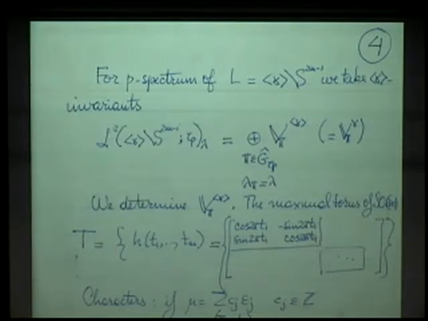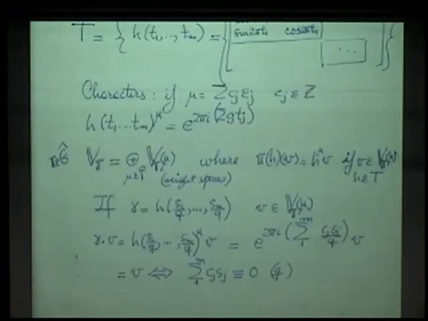So we take the maximal torus of SO(2m). It looks like matrices of this type, the block matrices with... this is a maximal torus, contained in G. And then we have the characters mu. And then the action looks like that. If we take one element like that, h to the mu, and mu looks like that, then the character is just e^(2 pi i sum c_j t_j), where t_j are these numbers.